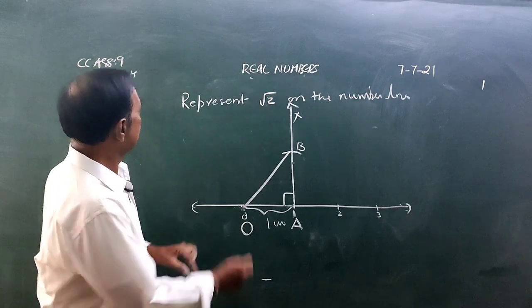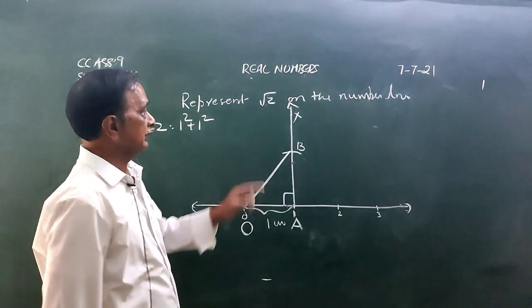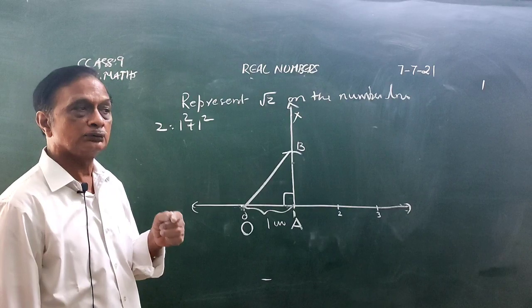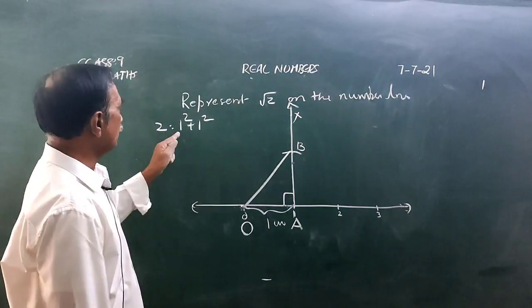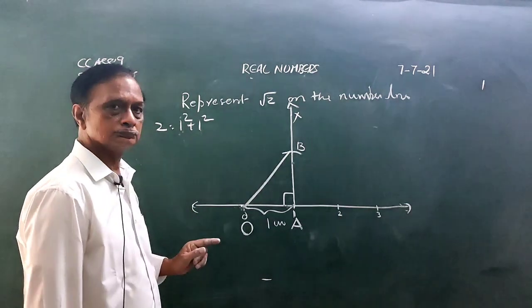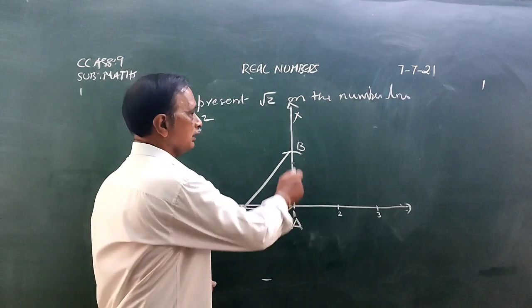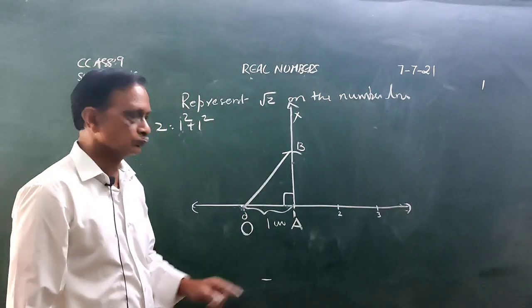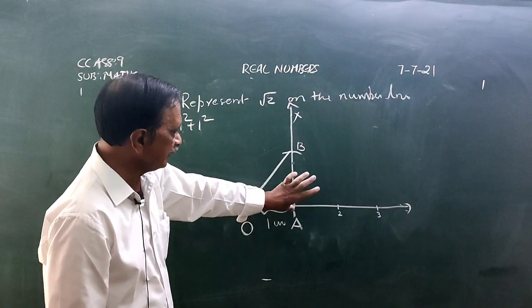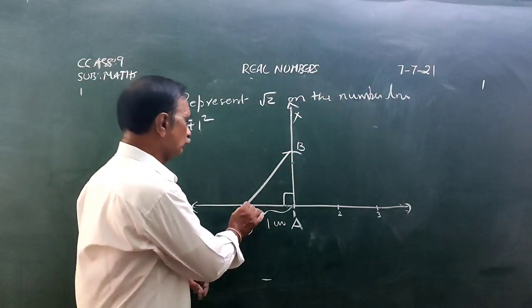Here, first you see, these two can be written as 1 square plus 1 square. Can we write the 2 as the sum of the squares of two numbers? 1 square plus 1 square. 1 square 1, 1 square 1. 1 plus 1 gives what? 2. So now OA equal to 1 unit. Now drawn AX perpendicular to OA, so the measure of this angle is 90. Taking A as center and radius OA, drawn an arc to intersect AX ray at B. Join OB.